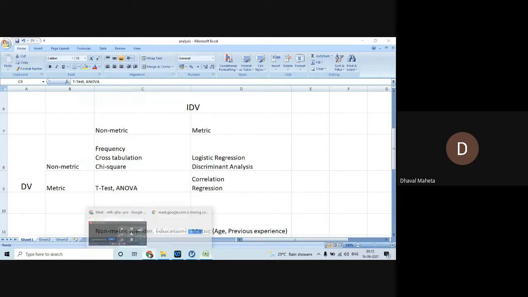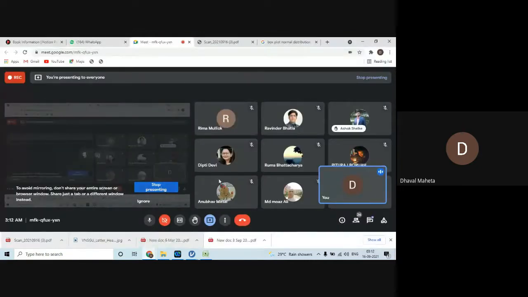Does anybody recall what example in Jamovi was given? Which example of t-test comparing two groups did Hitesh sir give? Training, sir. Yes, that was before and after training. He must have done an independent sample t-test.